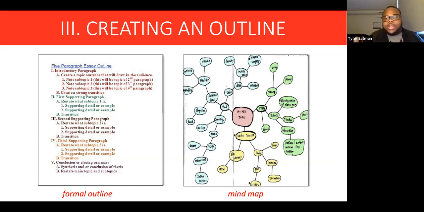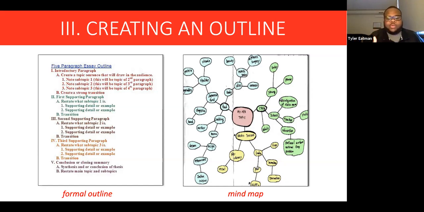So what I do when writing my papers is break up my time. I write my introduction paragraph on day 1, and then on day 2, I'll write my first body paragraph, then the second, the third, and then I'll write my conclusion. And then on the last day, I'll revise and edit it, and make changes to fit the different style that the professor wants. So that's something I recommend you all use.